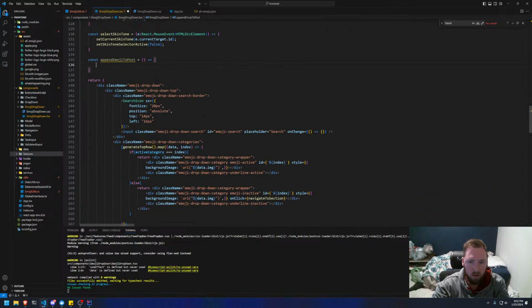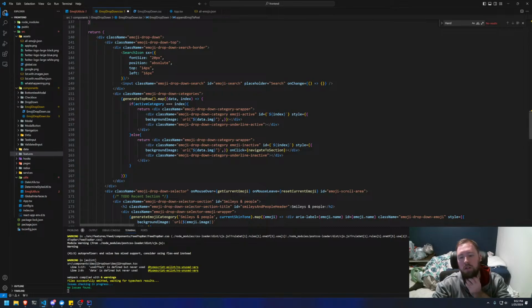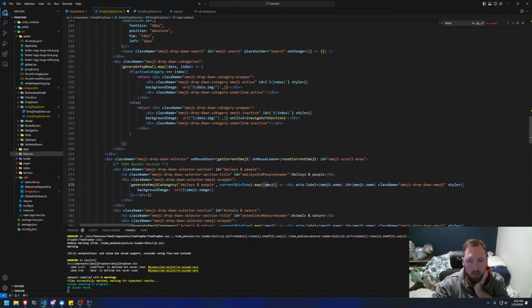All right, and how do we want to deal with this? We have the emoji. We have the emoji name there. It's not going to help very much. And we have the emoji image here. And the issue is that some of the emojis obviously have different skin tones and whatnot. I don't know if we use this emoji.name in the ID. I'm tempted to say